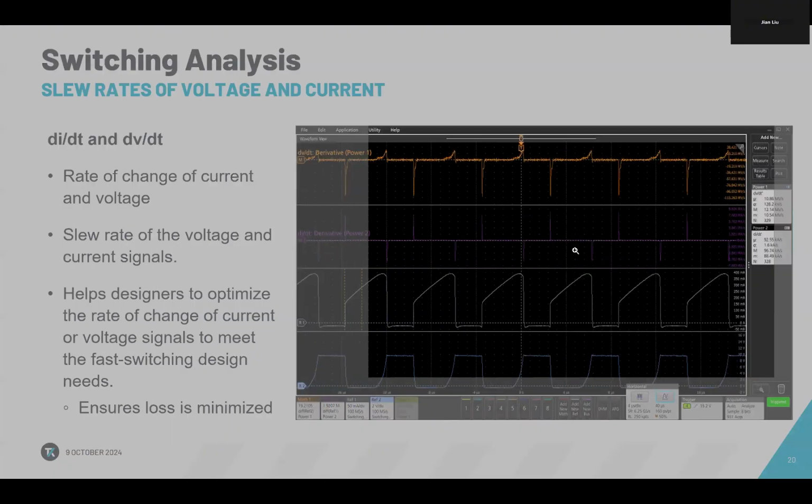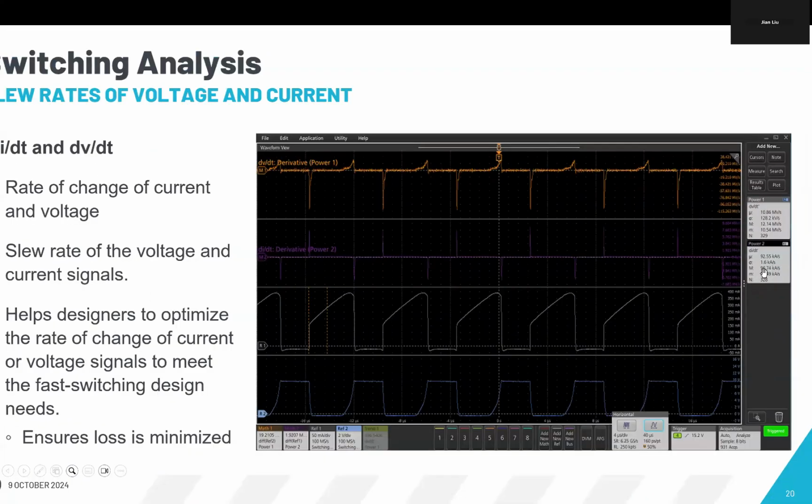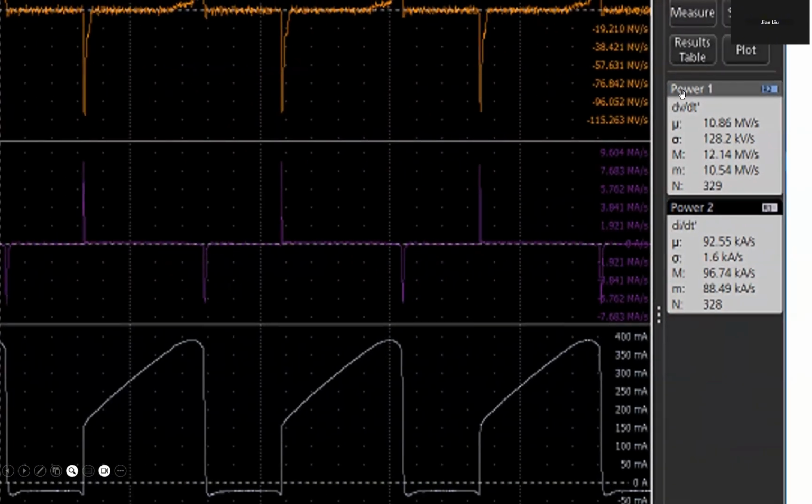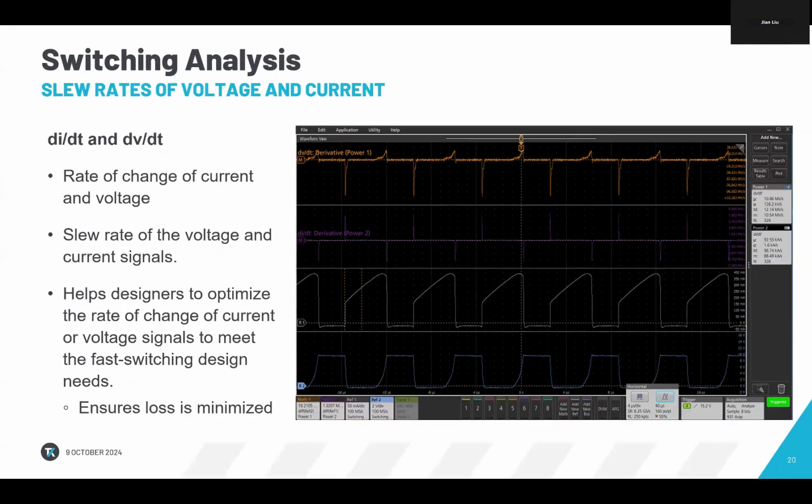One thing maybe we need to care about is that in our measurements, like DVDT or DIDT, you can see that we are not just measuring one instance of the switching area. In fact, we are measuring the whole record of the scope. So if we can see here, for just one single acquisition, we can measure all those instances. Like here, you can see the N, it says 329. It's not only done by multiple acquisitions. It can be done by just one single acquisition. It can measure all those switching areas to provide the results, which is very helpful because we can measure